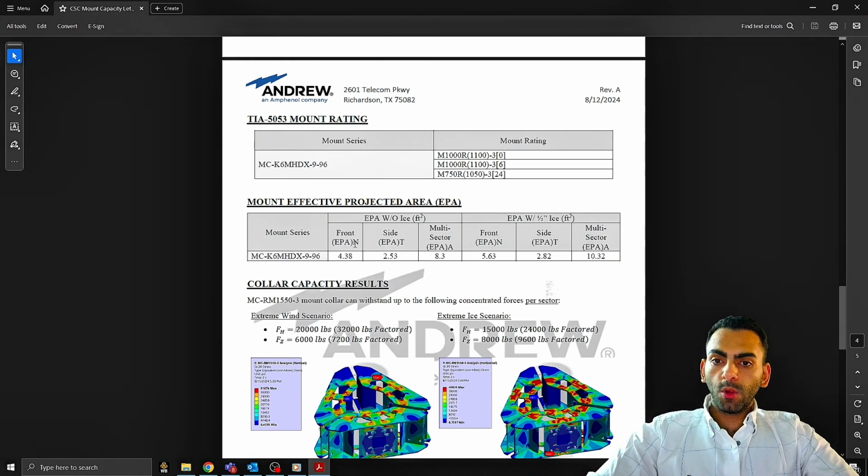Next, you're going to have a table with all your EPA data listed. If it's a monopole mount, similar to what we're looking at here, then the EPA data is going to be for normal, transverse, and then EPA subscript A, which is the worst case EPA loading direction, which can be used conservatively for any direction. If it's a sector frame mount, it's going to have your EPA normal and your EPA